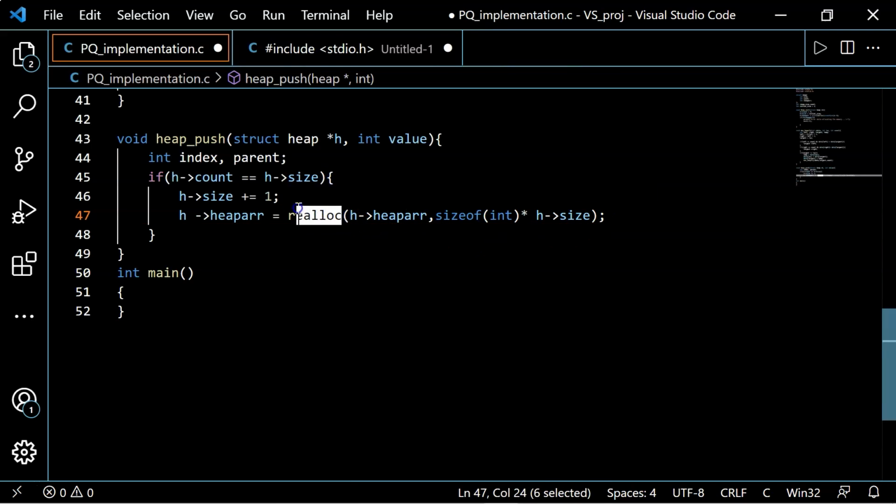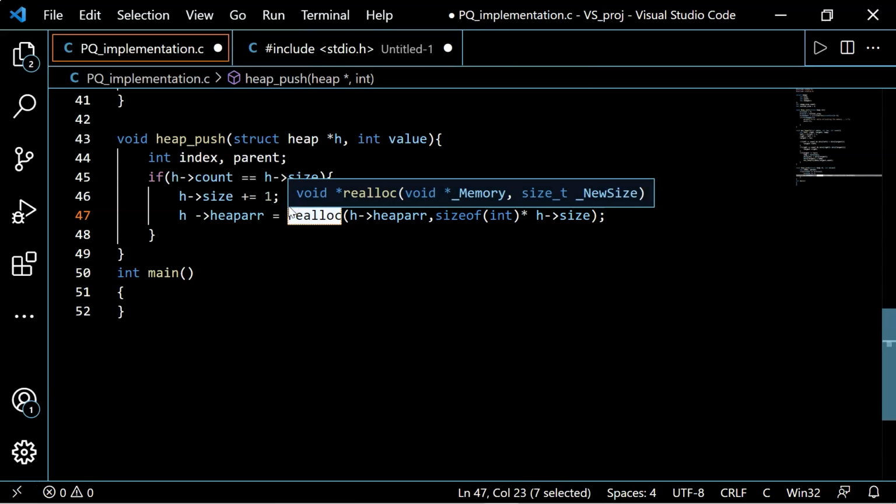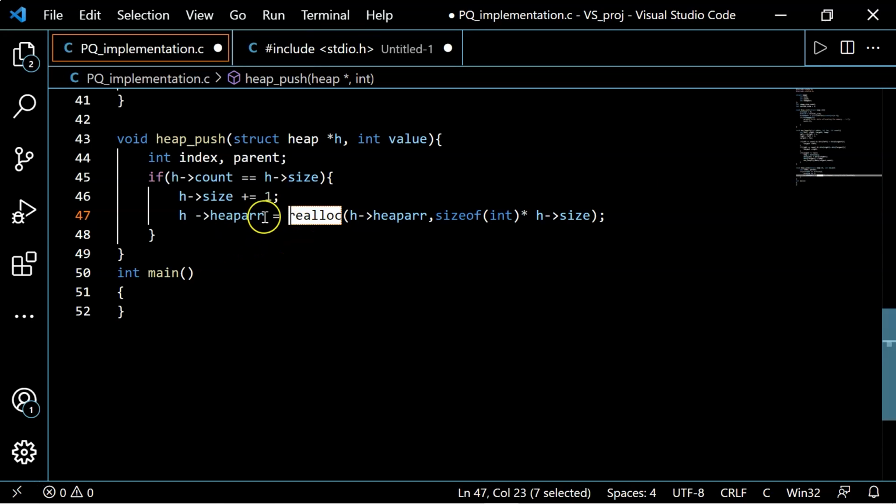Basically, we are using the realloc function in C to extend the dynamic memory space for our heap array. And in order to increase the size, we have to increment the size variable first. So that's what we have done in this statement here.